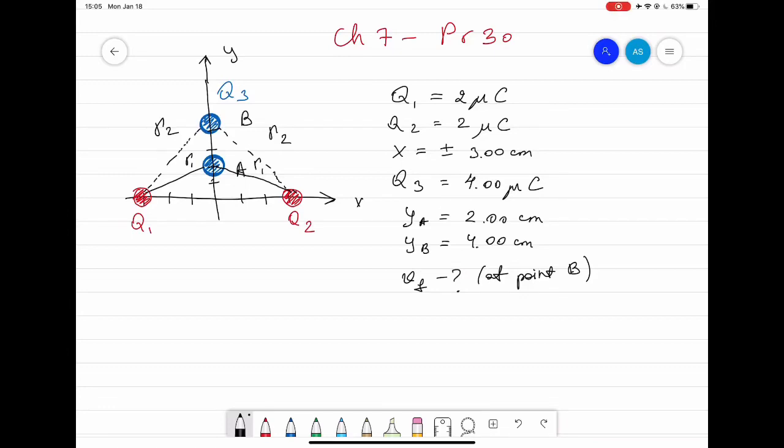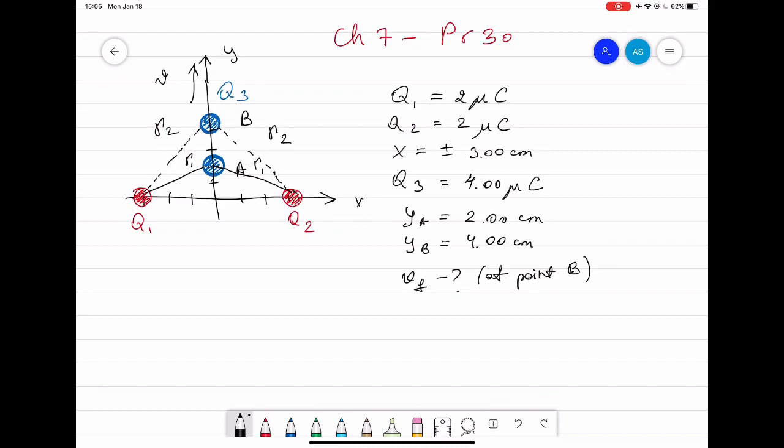Here we have problem number 30 from chapter 7. The given values: we have three charges, but charge 1 and charge 2 are placed along the x-axis, one at negative 3 centimeters and one at positive 3 centimeters. Then we have a third charge, which is moving from 2 centimeters up to 4 centimeters. That means the charge is moving upwards with some velocity. It starts from rest at 2 centimeters, and then